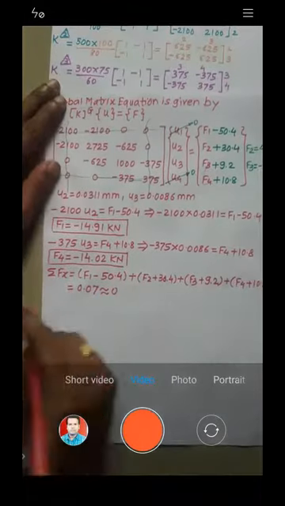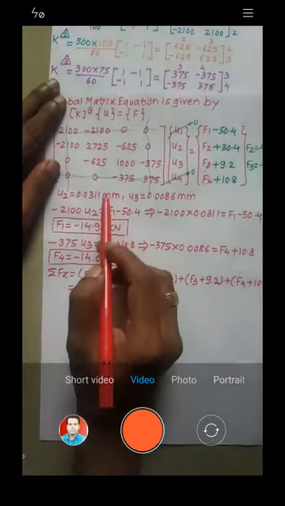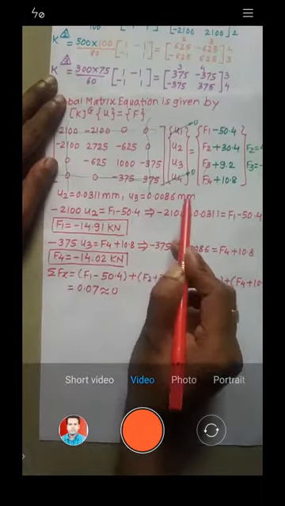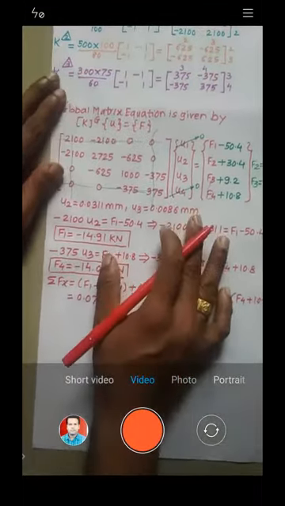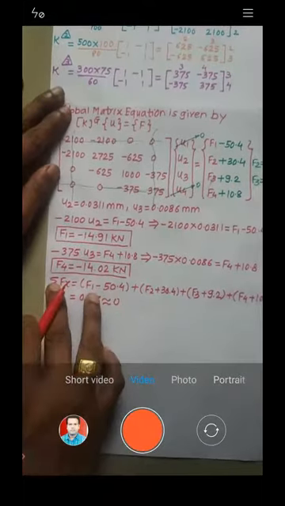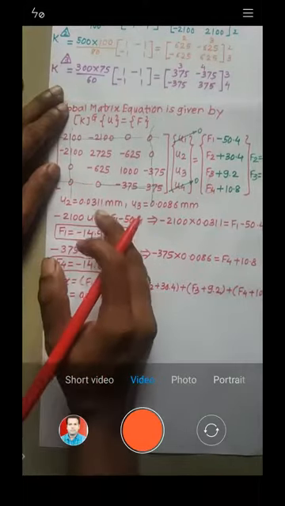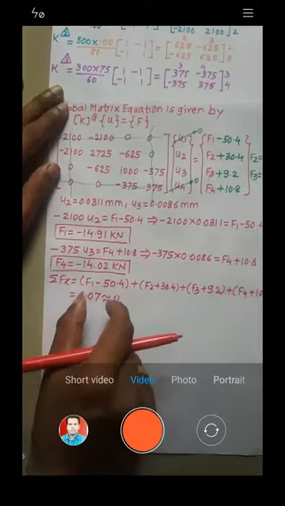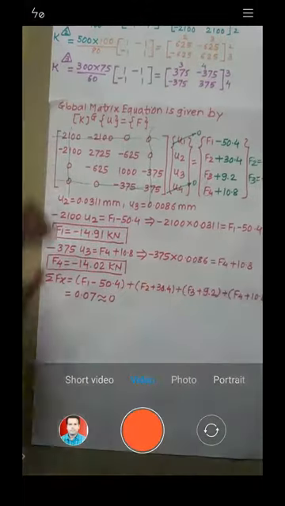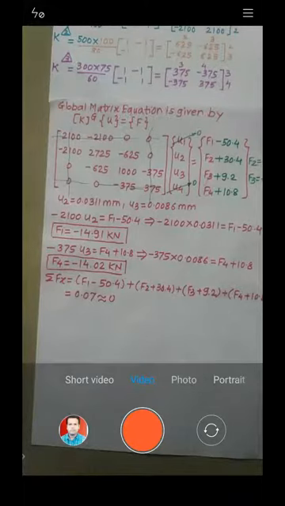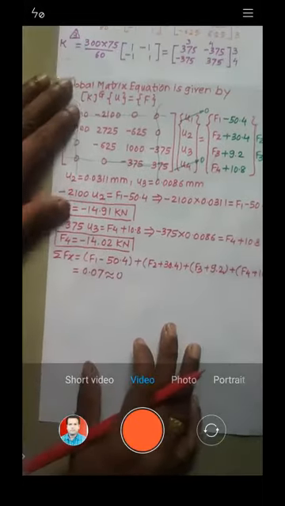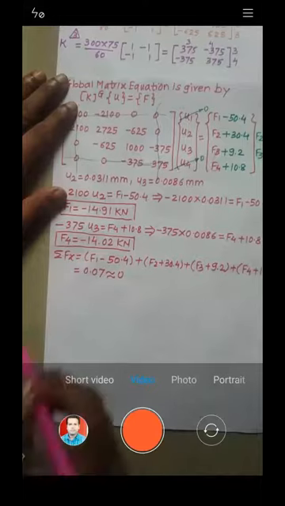Now why is this 0.07 error occurring? The more digits you take after the decimal point, the closer your condition of equilibrium will be satisfied. So this is the reason. That means our displacements are correct, right? Now what is the next step? The next step will be to calculate the value of stresses. For calculating the stresses we have a simple formula. Stress induced, I will just brief you about the formula.